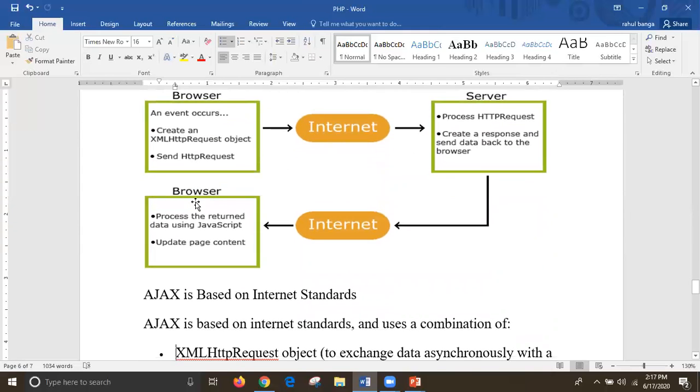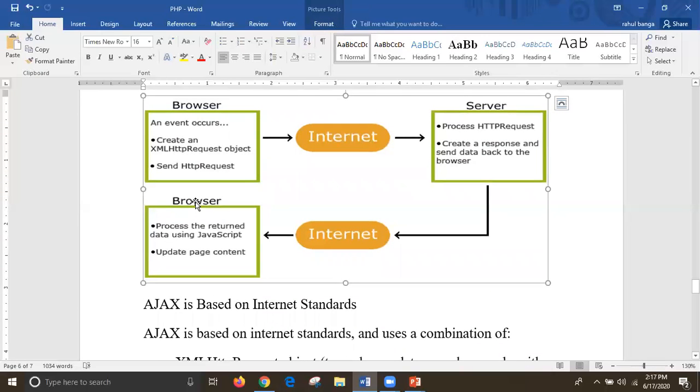Firstly, in the browser, an event is created. An event means whenever we click on anything and want to perform something, that happens with the help of an event. Whenever the event is created at the browser end, the XML HTTP request object is created, and that request object sends the request with the help of an HTTP request message over the internet to the server, because we want to transmit our request to the server.